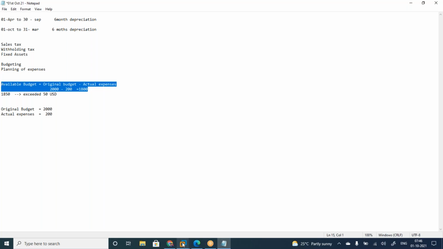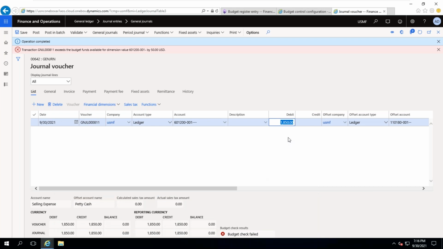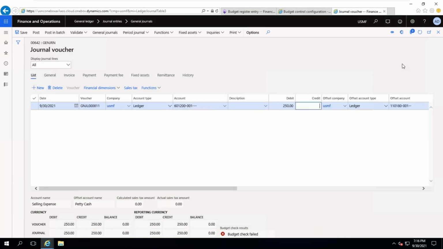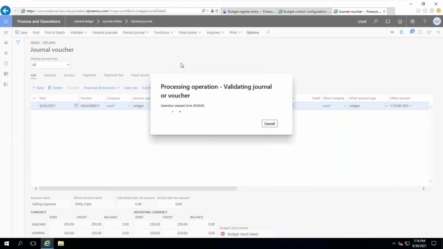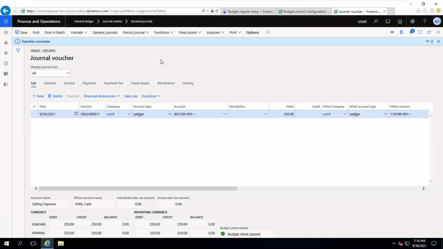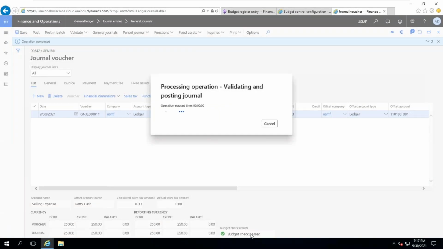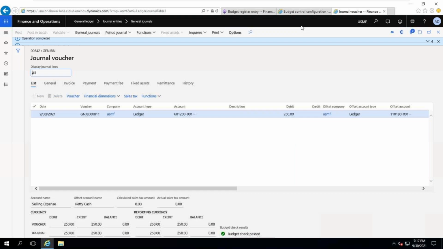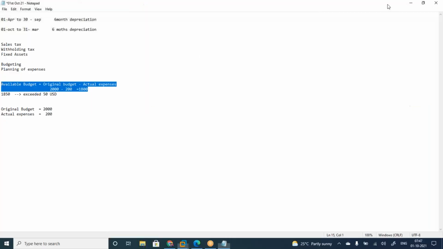Yes. Now I am doing one more entry, 300 or 250. Where will it allow me? 250 only. It will allow. So now I'm clicking on the post button. Without any errors, it is posting because the budget check is passed. So now, available budget means here